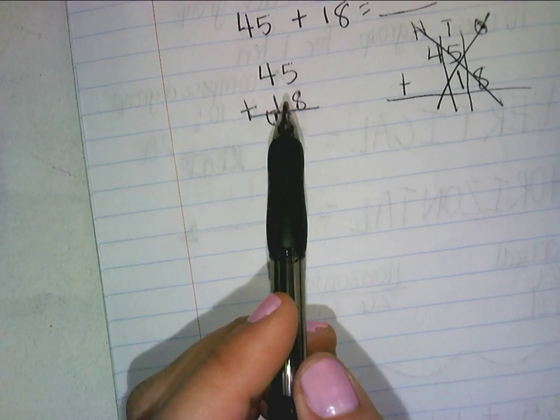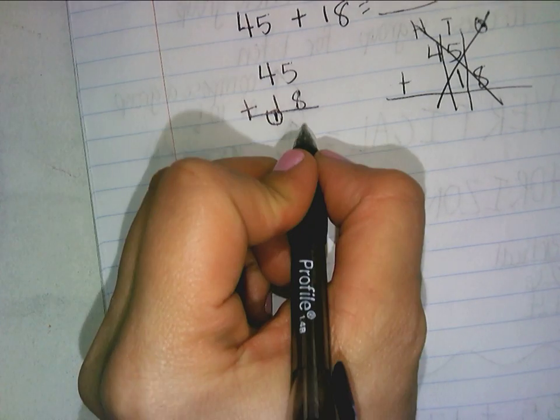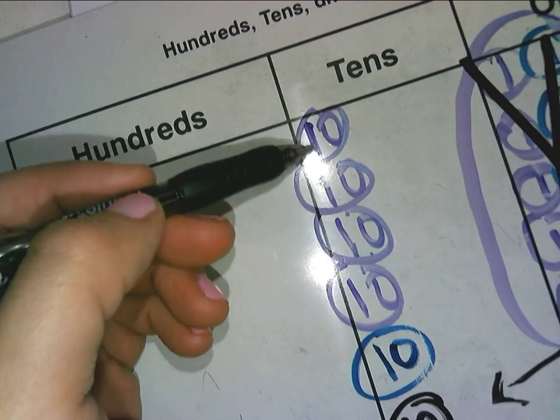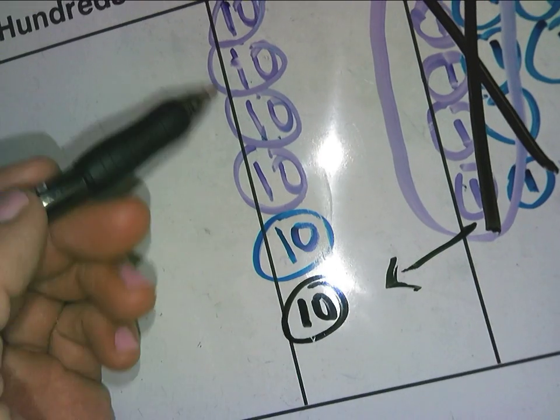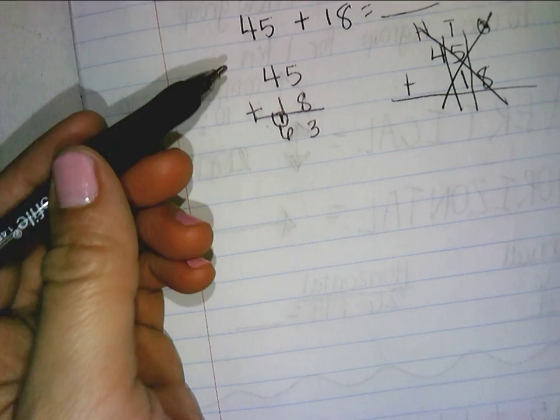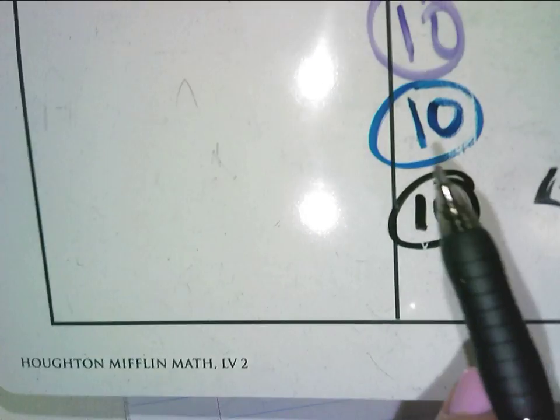Okay? So here I have 3 in the ones place. So I write 3. And then I have 4, 5, 6. 1, 2, 3, 4, 5, 6. That should match up. Okay? So it's 6. So, remember, if you can regroup, you want to make sure you regroup on your work mat